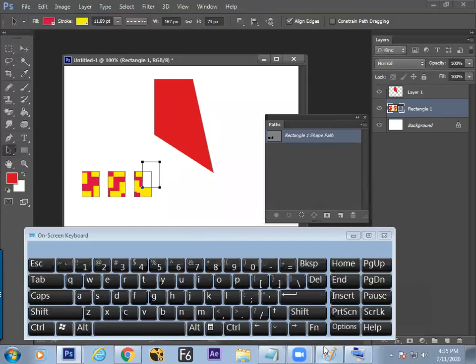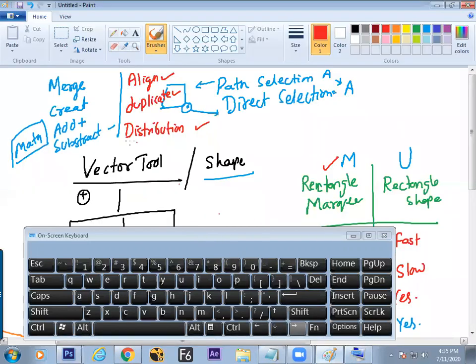Next information pops up. What is that? Arrangement possible. Along with the arrangement, what is the other thing you got to know? Addition, subtraction, intersection can be done at any time.